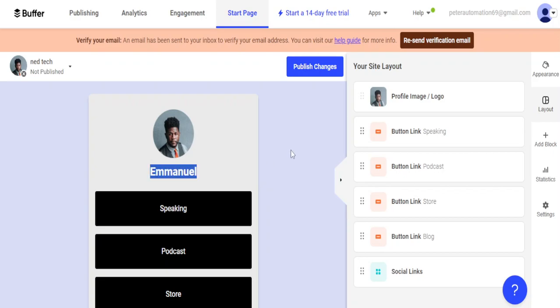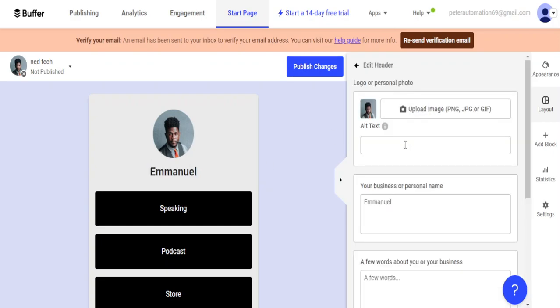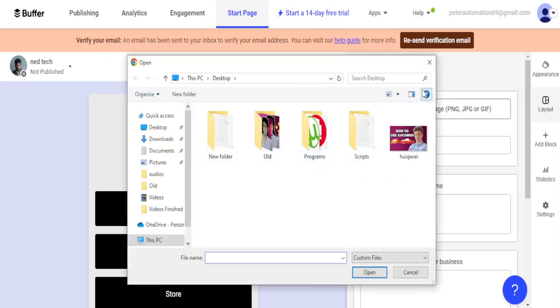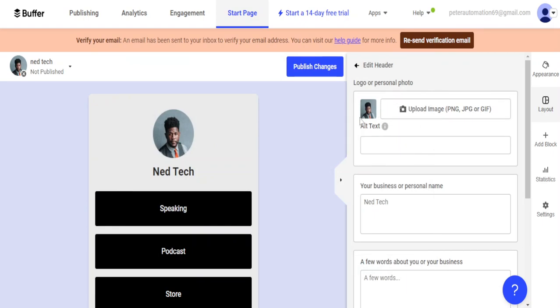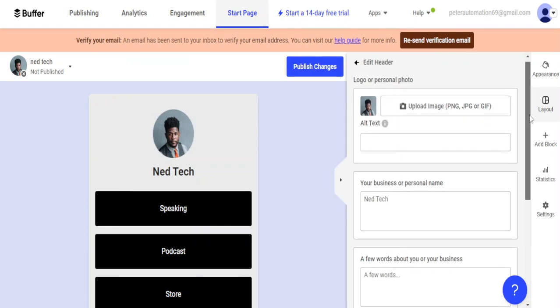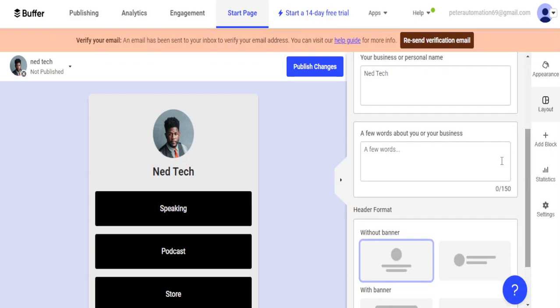Now we can change the profile image and logo. The text will be net tech. Here, after we click on enter, the name will change. We can also add a picture. A few words about you or your business. We can say that a